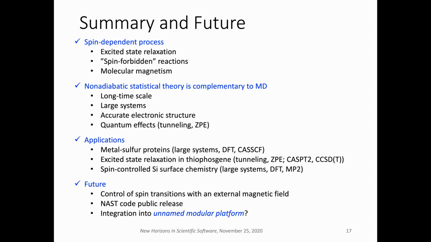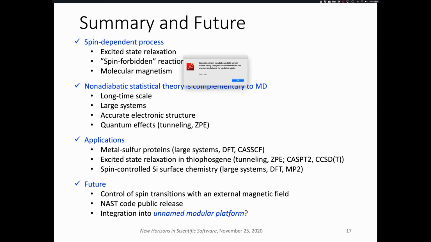So in summary, I talked about different spin dependent processes, including excited state relaxation, spin forbidden reaction, molecular magnetism, and